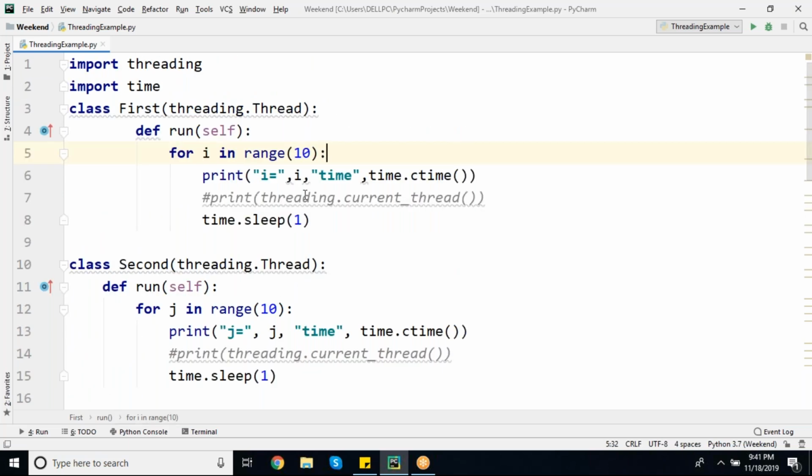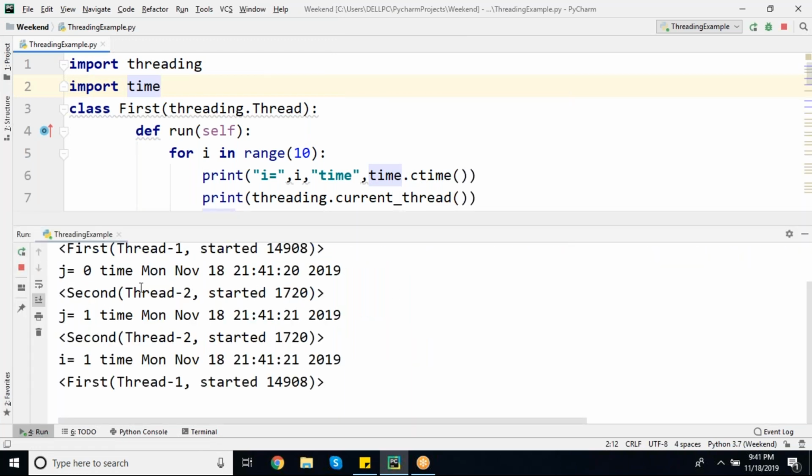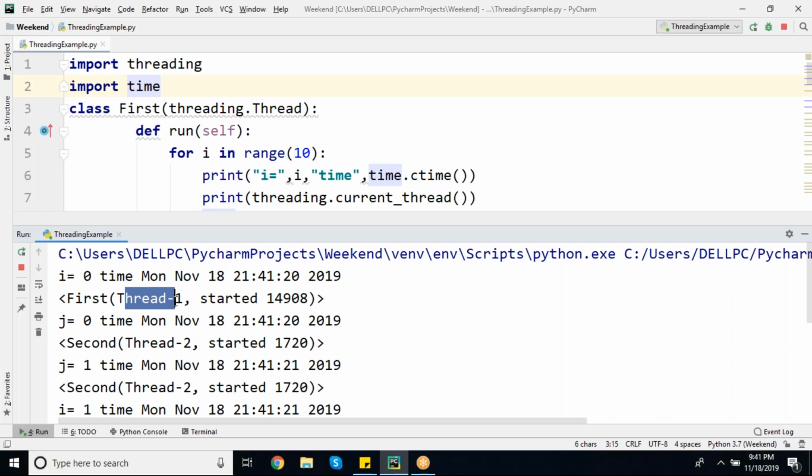The names of the threads by default, you can see, the first thread name is Thread-1, started with this thread ID 14908. The second thread name is Thread-2, started with this particular thread ID. Is that clear?